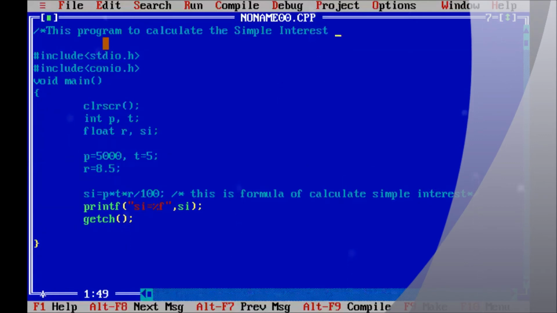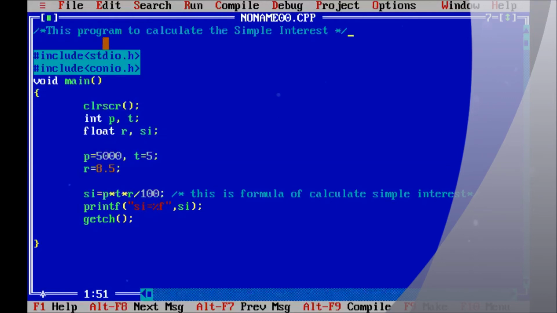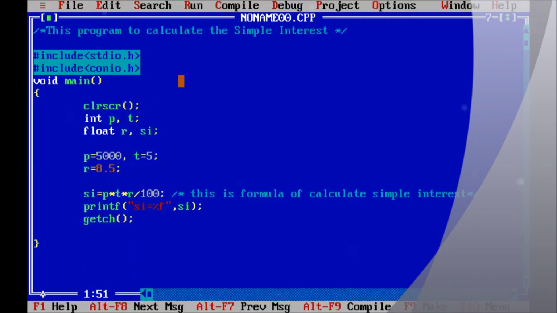Okay. So this is a complete comment. Okay, we again compile and run the program.